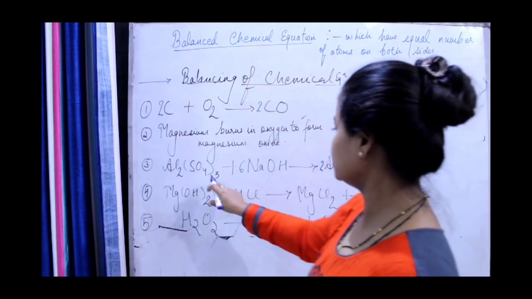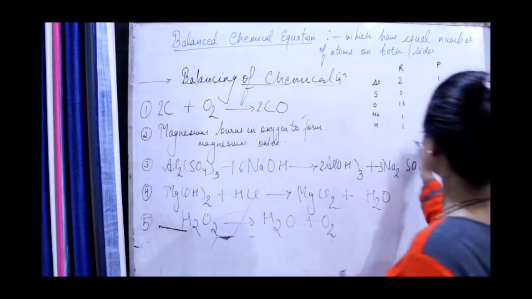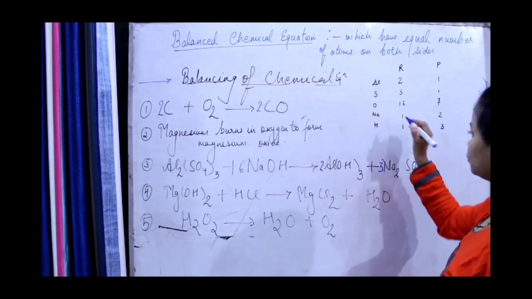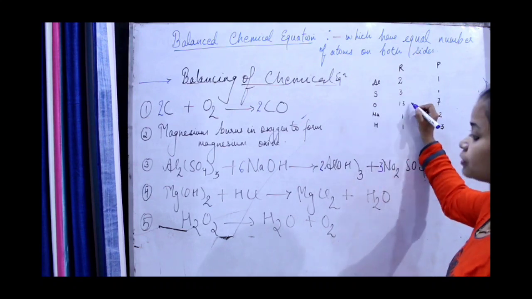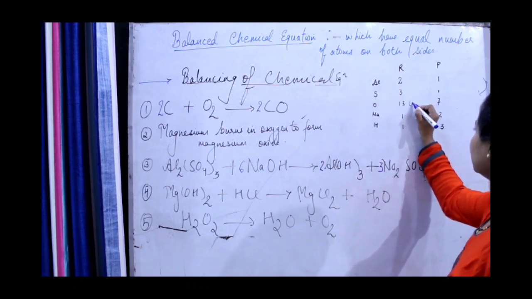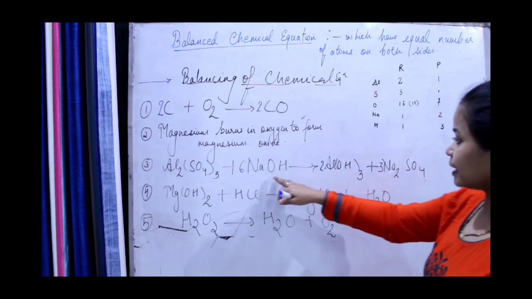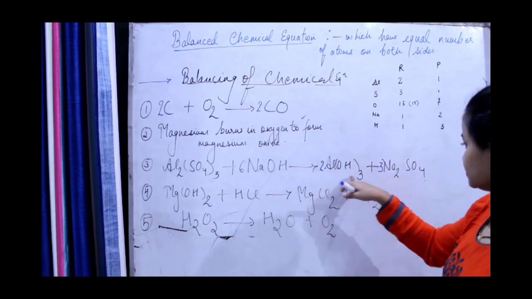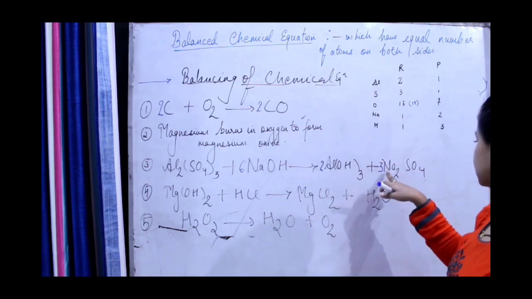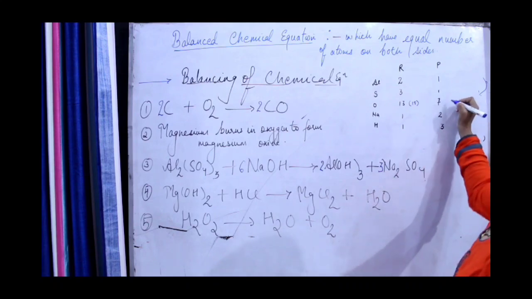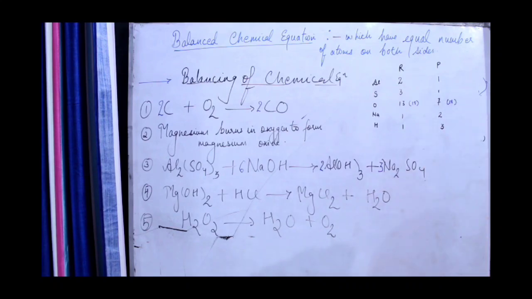12 plus 6. You see. Oxygen will be here. Now this side, reactant side, कितना हो गया, 12 plus 6, 18. Okay. अब यहाँ पे in the product side how much it will be? 3 2s are 6. 6 plus 3 4s are 12. Yeah. Here also it became 18.